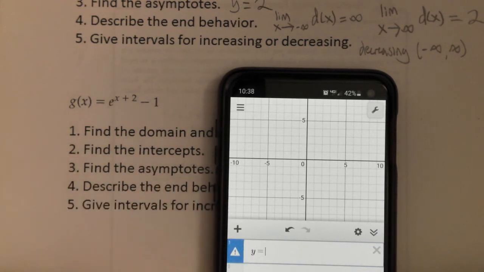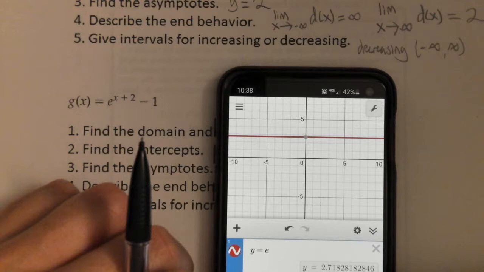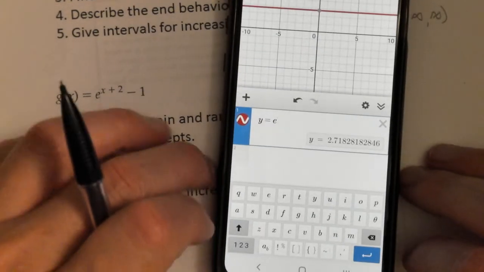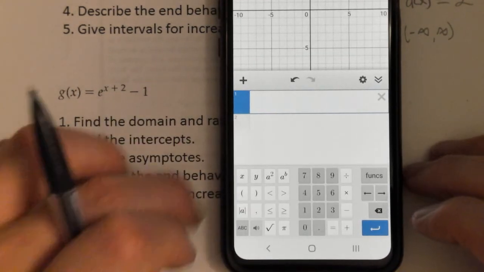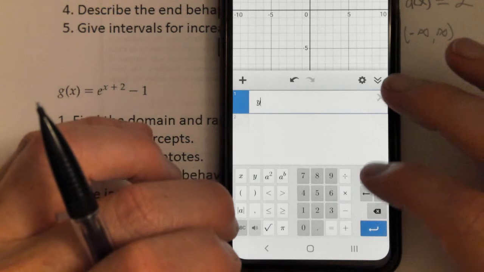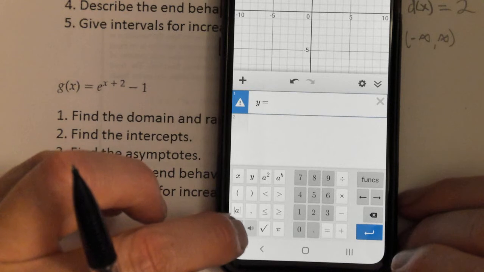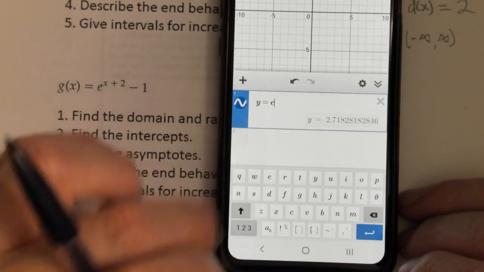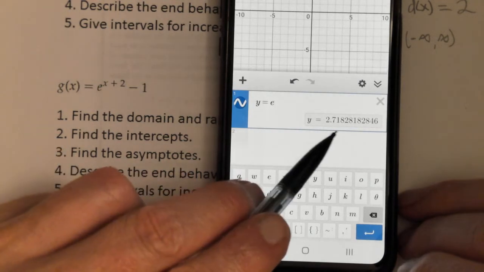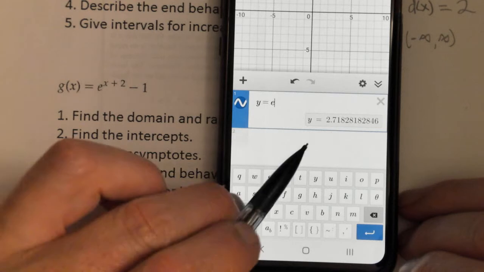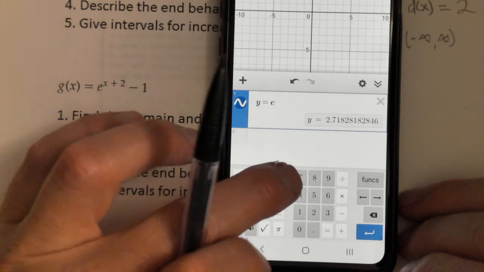Let's see, ABC. Perhaps what happens if I put in an E? Well, there you go. Oh, you can't see that? So what I had to do there to get that, let me just start all over since you couldn't really see it. From here, if we go Y equals, and if you click on ABC right here, it'll give you the keyboard. If you just type E, then it reminds you that it knows E as 2.71828. And so now I can go back to this and raise it up to the power